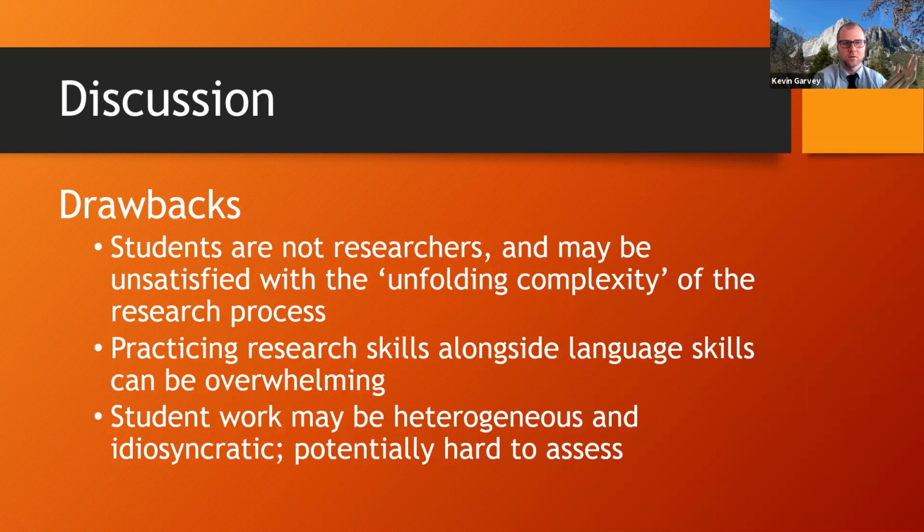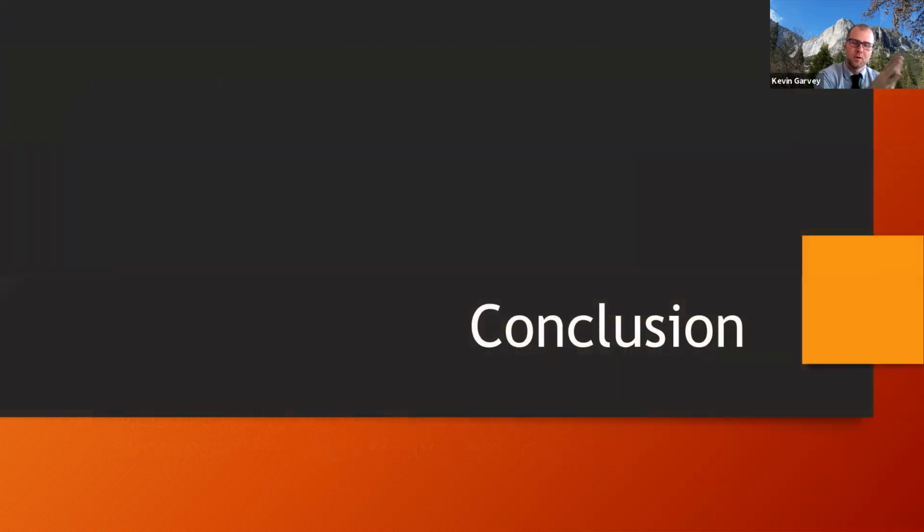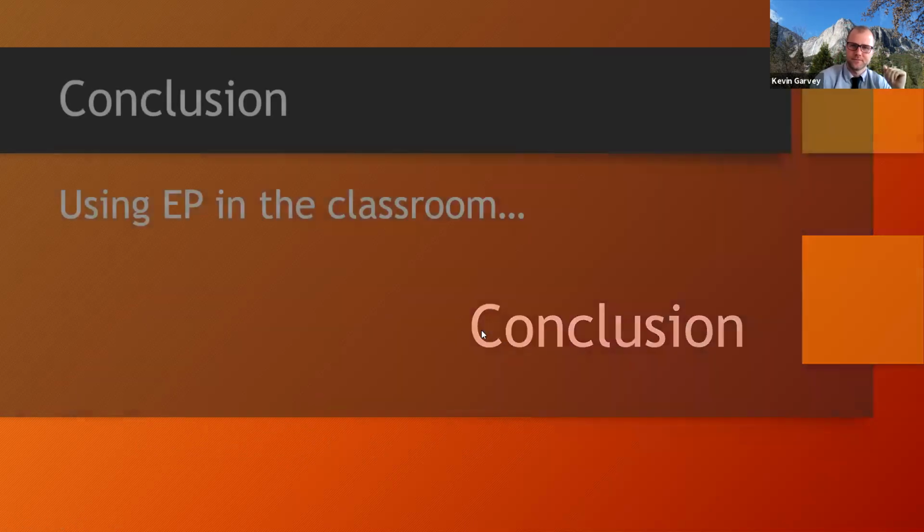And finally, student work is going to come out really differently. Each group has a different puzzle and a different pace. So it could be hard to assess that. You don't have a set rubric for how to judge. And you're not saying, well, did you find your answer? Because they're not looking for an answer. We are assessing the genre writing and the success by which they fulfilled the genre, but it's going to look very different. I'm going to pass off to Matthew now for some conclusions and future directions.